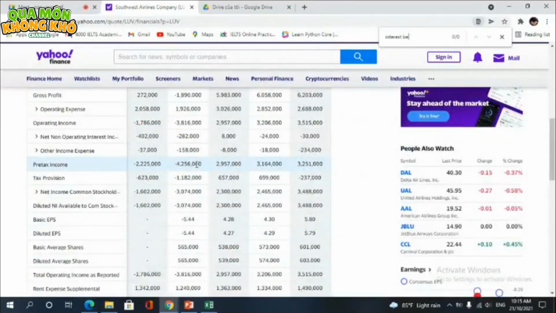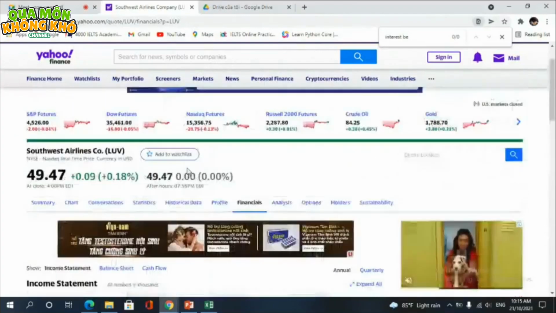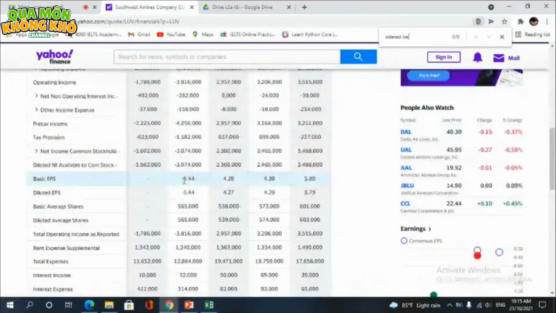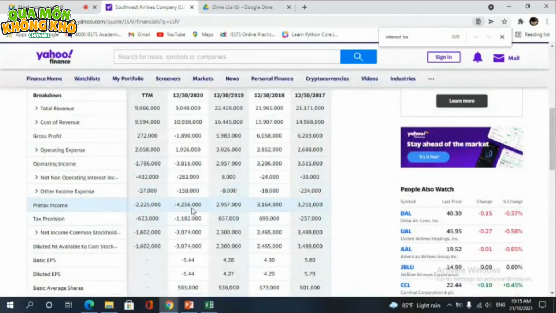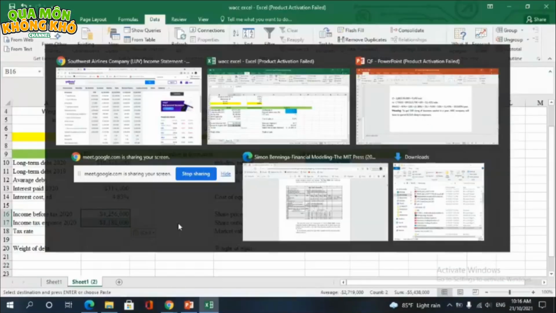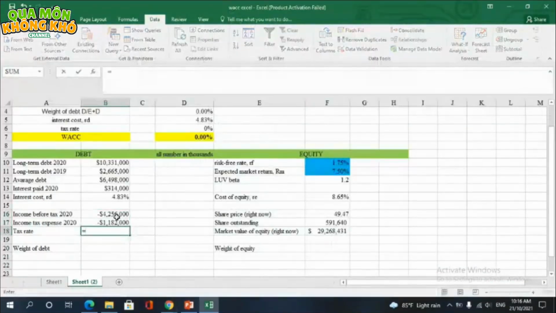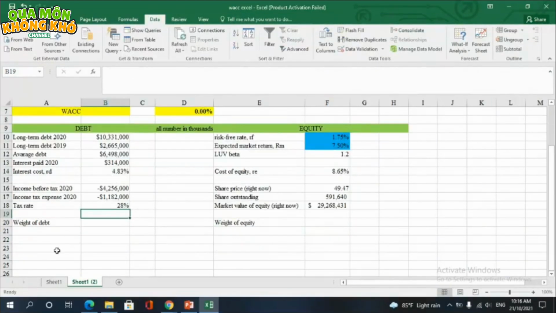The pre-tax income is up 2020, a minus 4,256,000, and income tax expense, a tax provision, a 1 million minus 1,182,000. So the tax rate will be the income tax expense divided by income before tax, which will be 28%, and the weight of that is